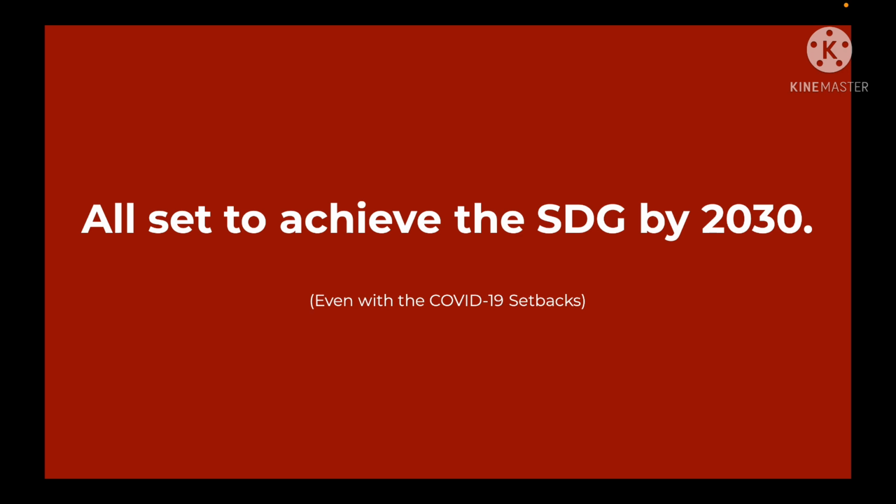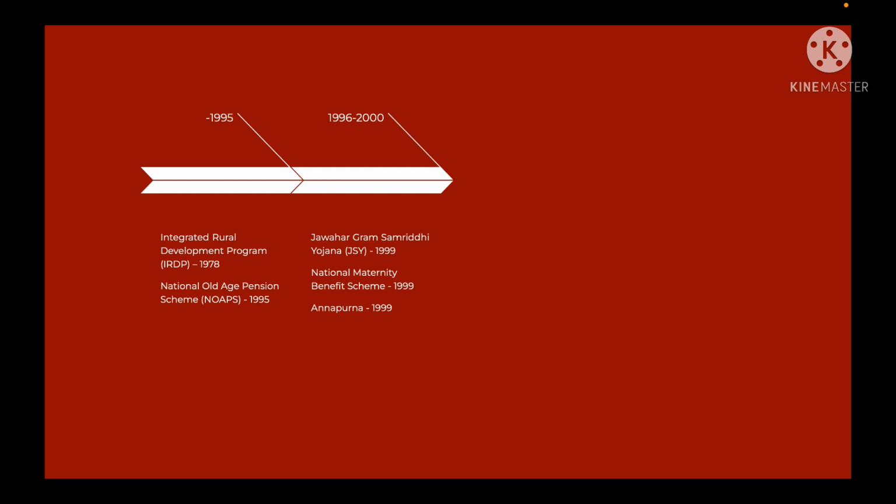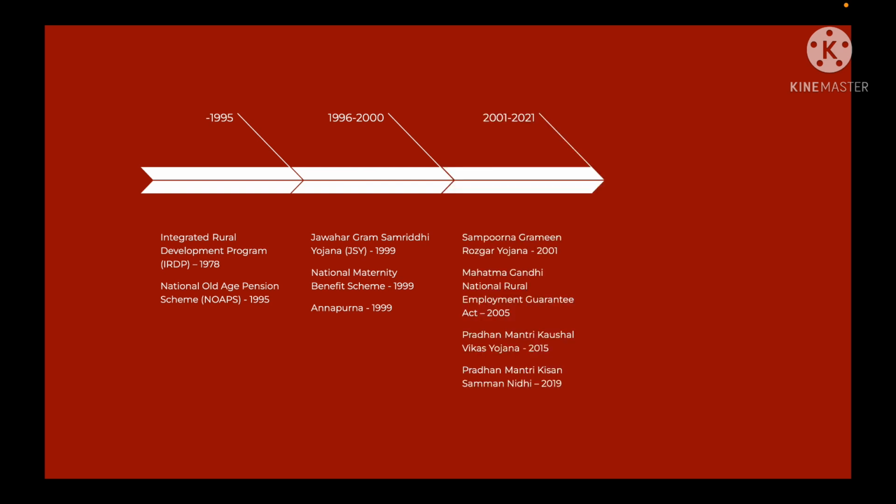We should also note that India is expected to achieve the No Poverty SDG by 2030, even with the COVID-19 setbacks and without the intervention of our policies. The decline in poverty rate in India is due to the many policies that the government has implemented over the past years. Some of these policies are the Integrated Rural Development Program in 1978, the Annapurna Scheme in 1999, the famous MGNREGA in 2005, and we hope that our policies would be implemented in the future as well.